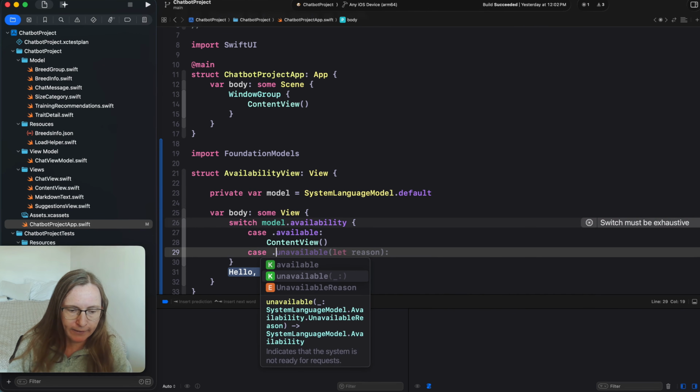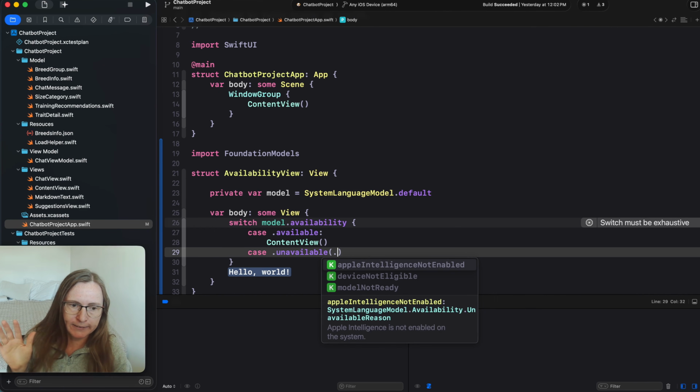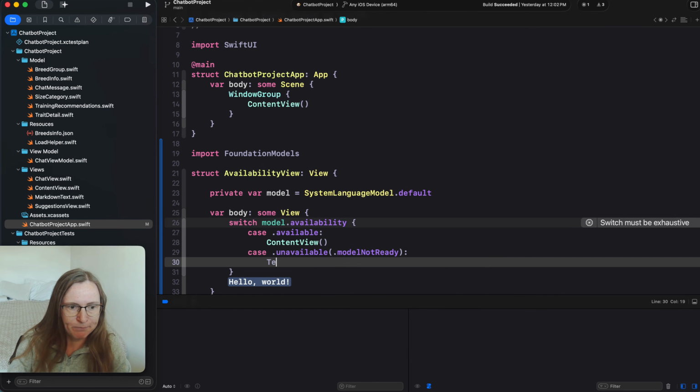Then we have unavailable. And here you have three different cases: model not ready, device not eligible, Apple Intelligence not enabled. Let's start with model not ready. This means the device is capable of Apple Intelligence. It's just not ready yet because when you enable Apple Intelligence, it needs to download the model, it needs to